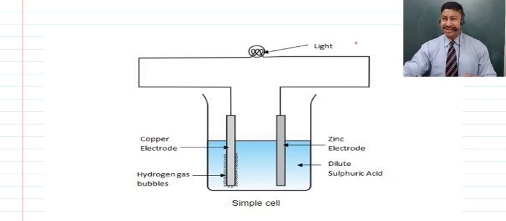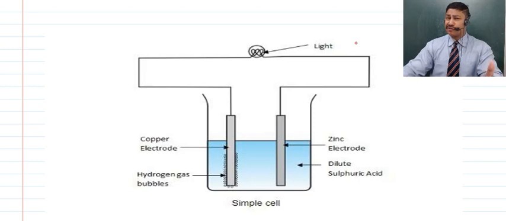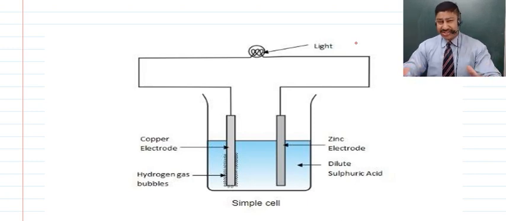So what is an electrochemical cell? Remember, children, that electrochemical cells are of two types. The first is a primary cell, and the second is a secondary cell. Now, a primary cell is one in which, when we use chemical reactions to be converted to electrical energy, they are irreversible. That means once the chemical reaction is done, it cannot be brought back to its original state.